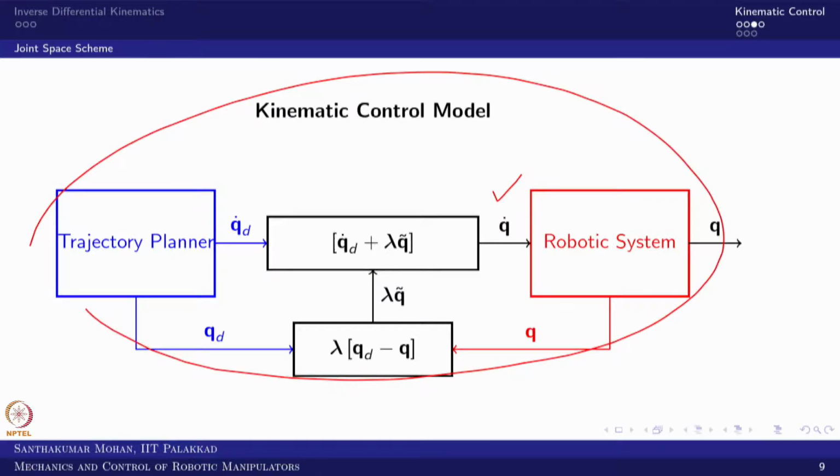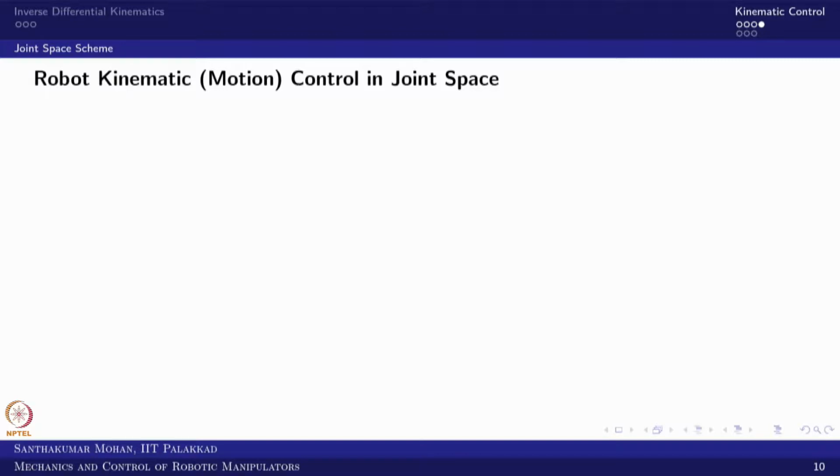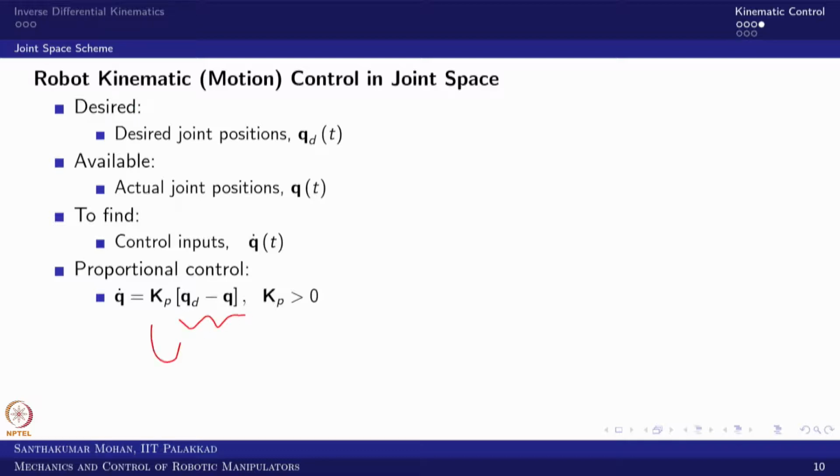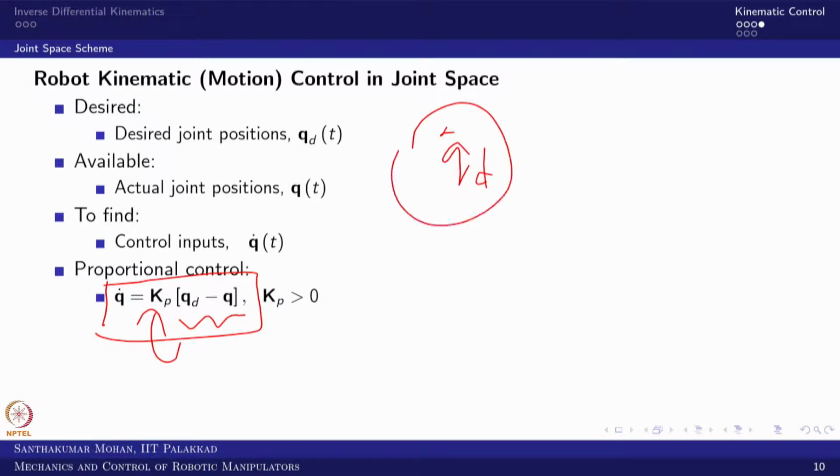The same thing can be modified for the task space, but before going to the task space, we can see how we can expose it to a simple feedback without even the feed forward. For that we assume the initial things are all the same, only the q desired dot is not available to us. Okay. So then what one can do, we can simply calculate the error, and make it a simple proportional constant. Then we can consider this as the control law. This will work. Sometimes the q desired dot is not there, so this would give some kind of steady state error.